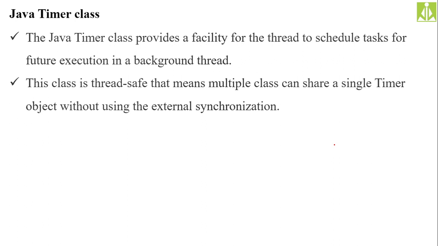Suppose I want to run an update, or check for an update of my application exactly at midnight, because at midnight the overload on the server will be very less. So I want to utilize that time for updating my server, and perform a routine check of updates at midnight. If you want to implement such a thing inside your application, you can do it with the help of this timer class. Okay, the class is thread safe.